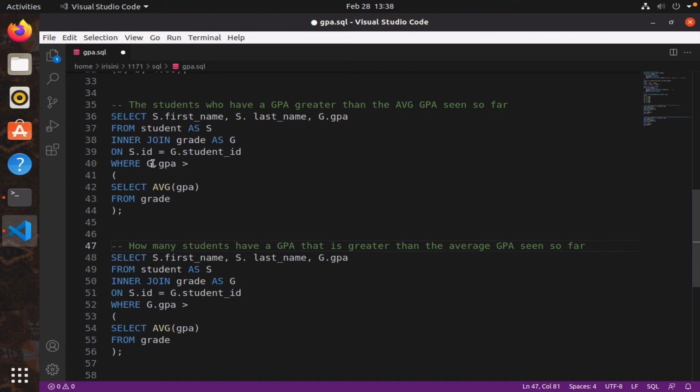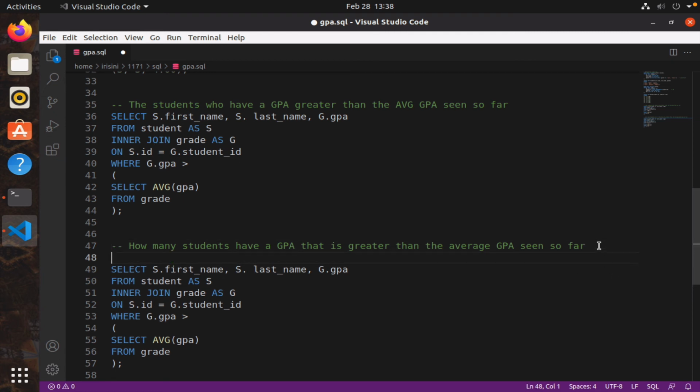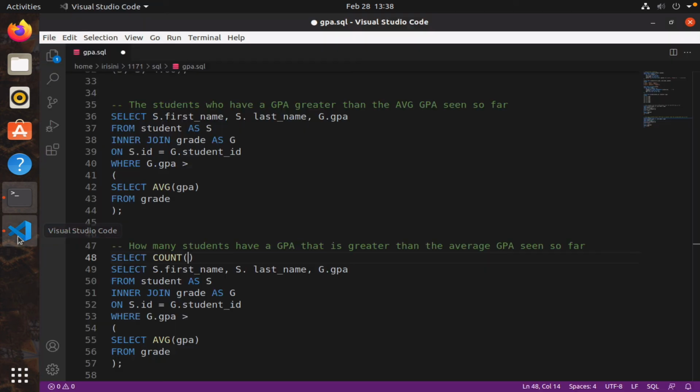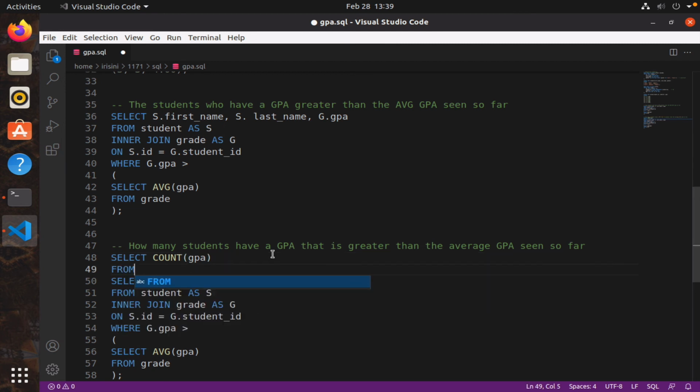So I want to select the count number of rows. If I want, I could say count GPA. Let's just count GPA if we want. So count the number of GPA rows from